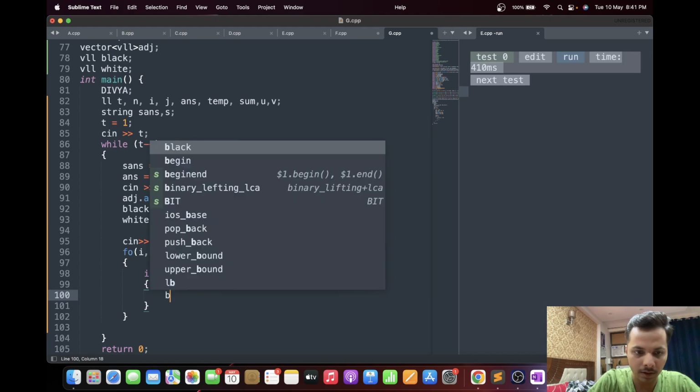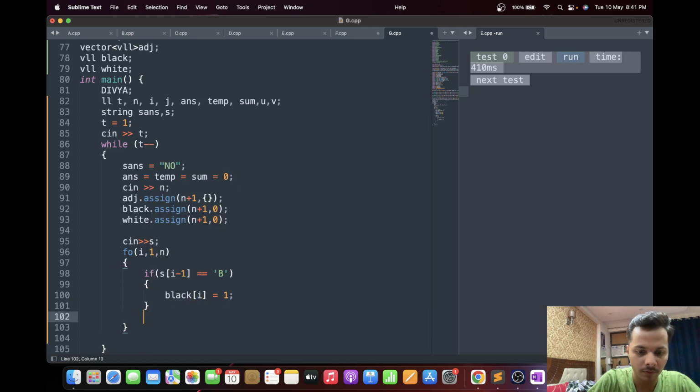So we'll say that black of I is 1, else we'll say that white of I is 1.